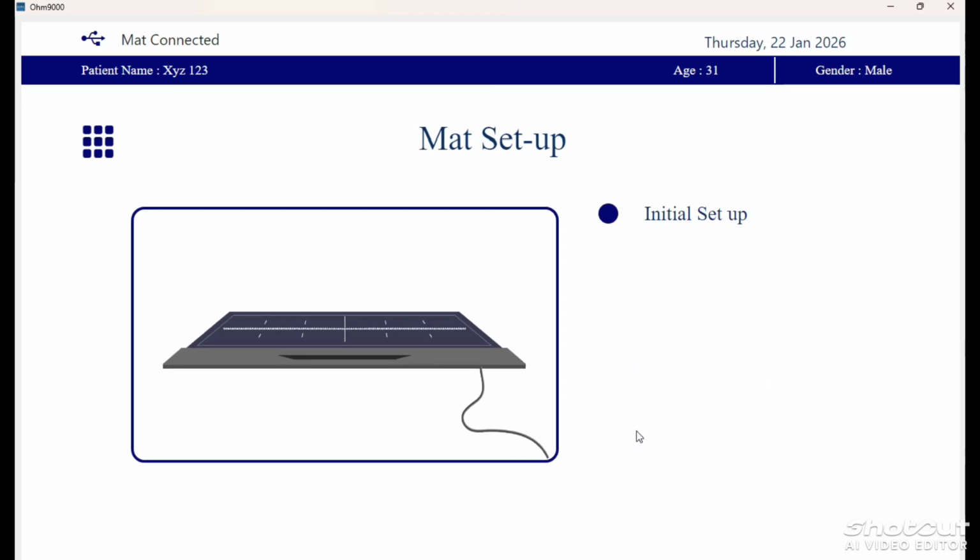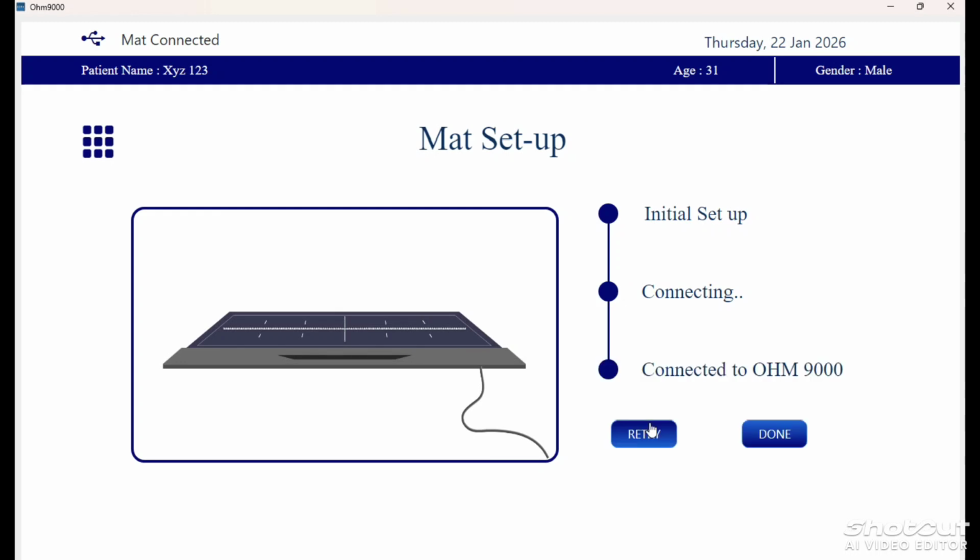Now your PC starts interfacing with the mat. Now your initial contact has been set up, and your plantar pressure mat name is displayed in your software. Click on done.